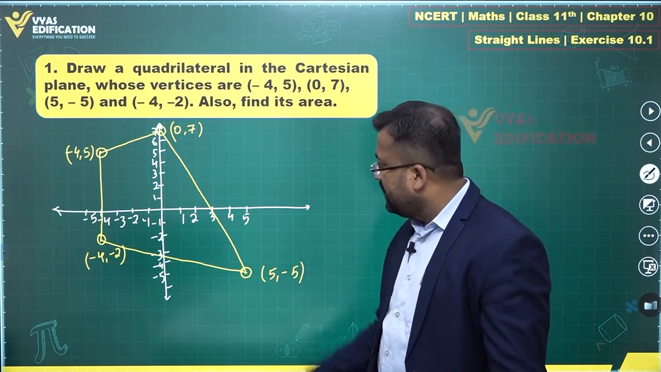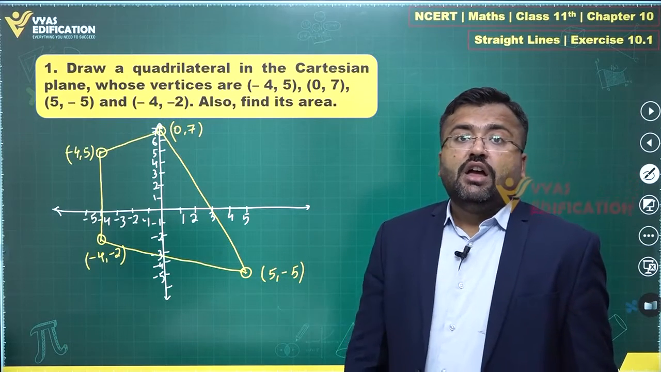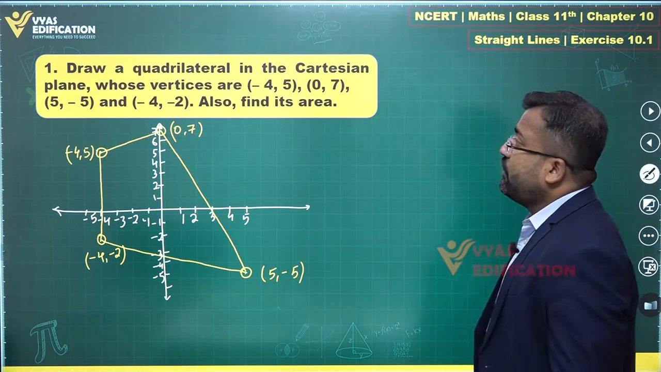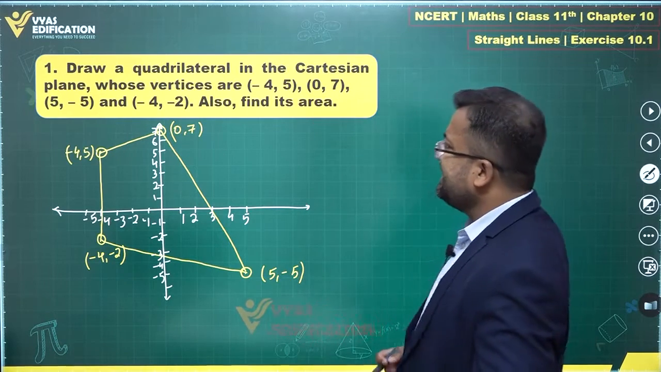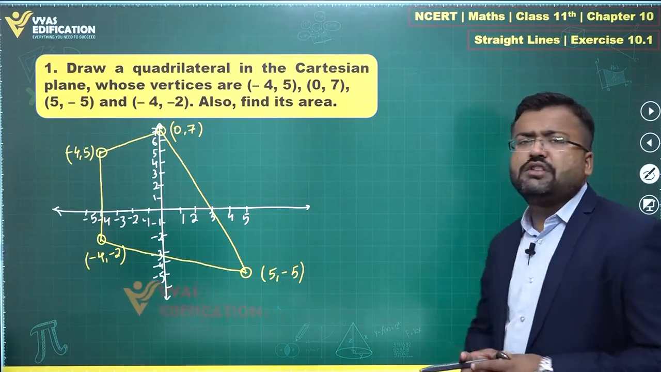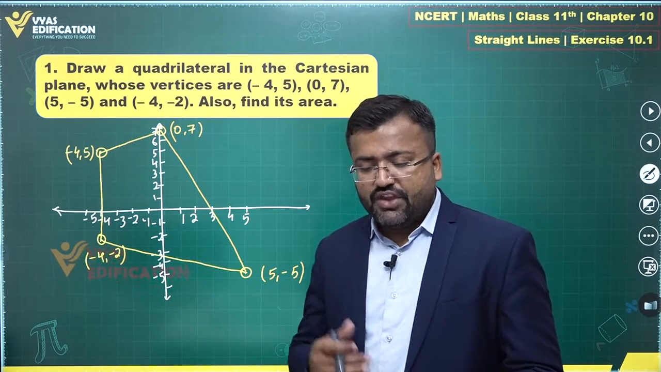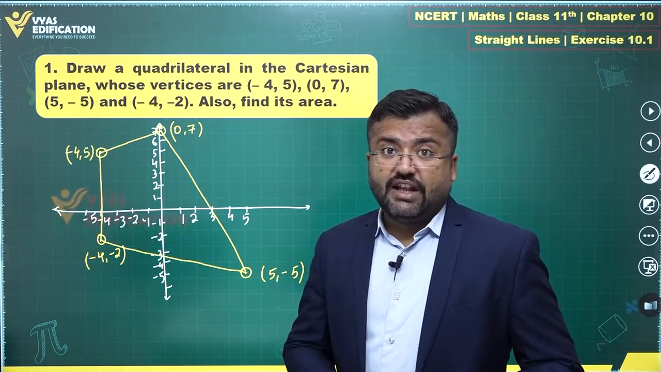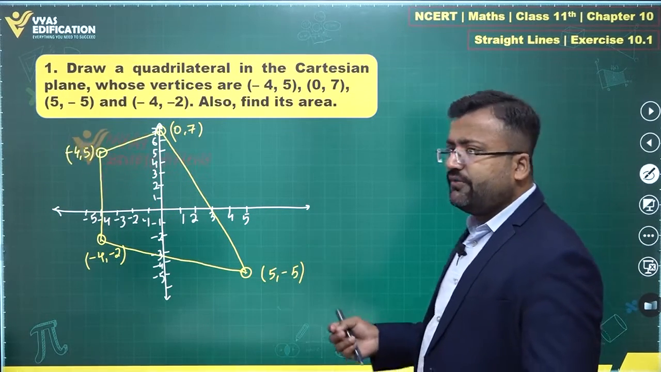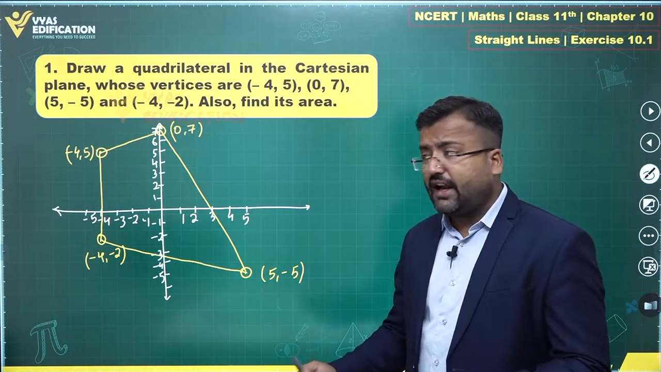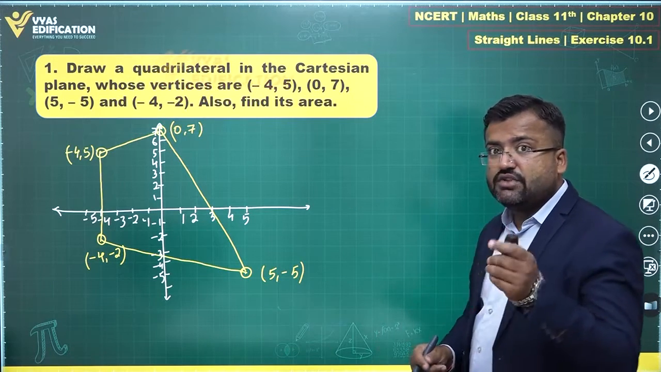Does it pass through 3? Maybe. Let's see. So what all do we have? We have drawn the quadrilateral whose vertices are these four points. There's another part to this question that says also find its area. Now how are we supposed to find the area of this quadrilateral? If you are aware of the ladder method, then you can easily solve for the area by taking all the vertices of any polygon. Here we have a quadrilateral, and we can simply find the area using one simple concept of